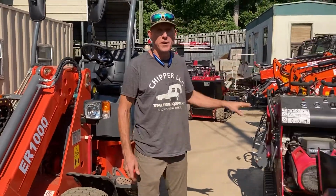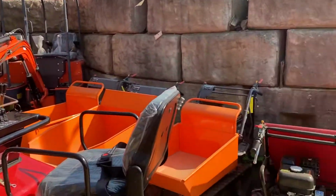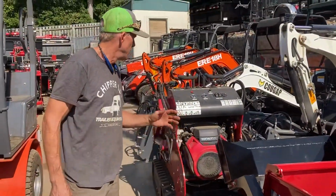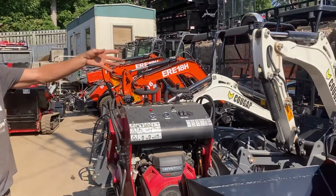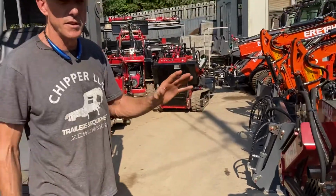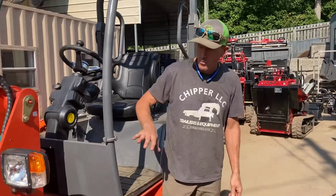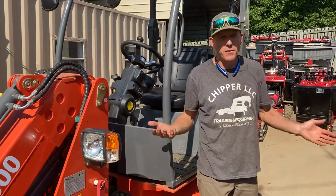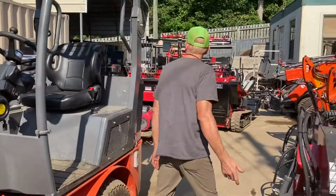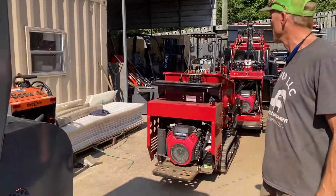If you look around here, you'll see that we have a wide variety of equipment, from wheel dump carts, track dump carts, maybe your concrete buggies, self-loading excavators, track loaders of all sizes, from some of the smallest gas models up to the bigger diesels, wheel loaders from 2,400 pound wheel loaders up to 12,000 pound wheel loaders. Track mini skids, wheeled mini skids,